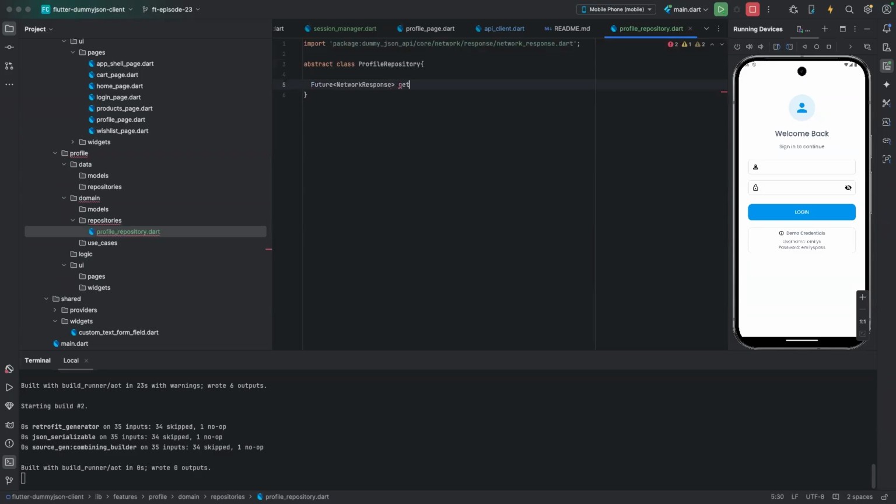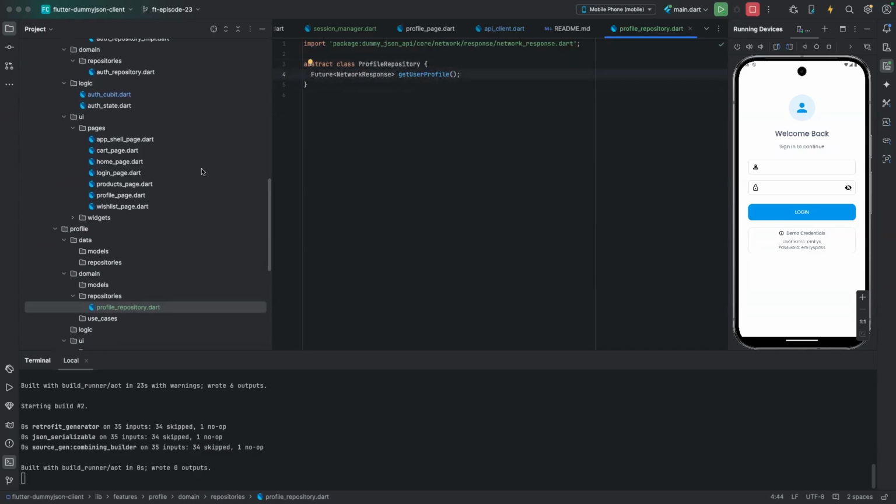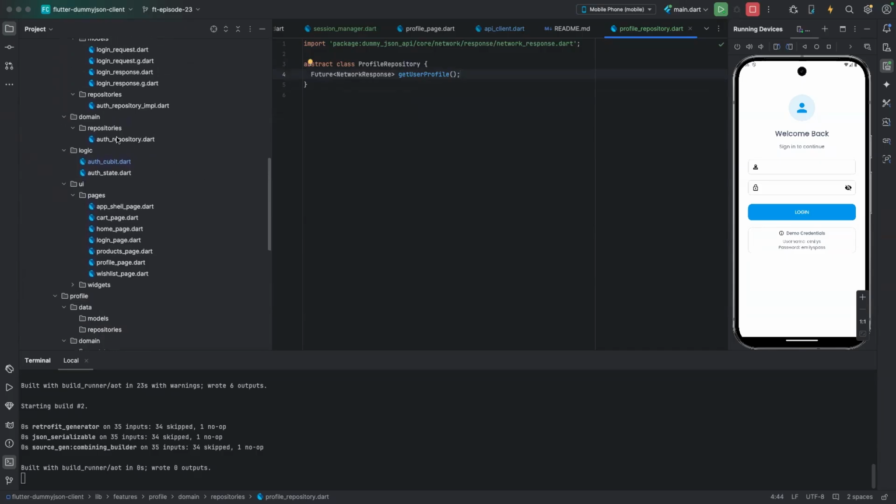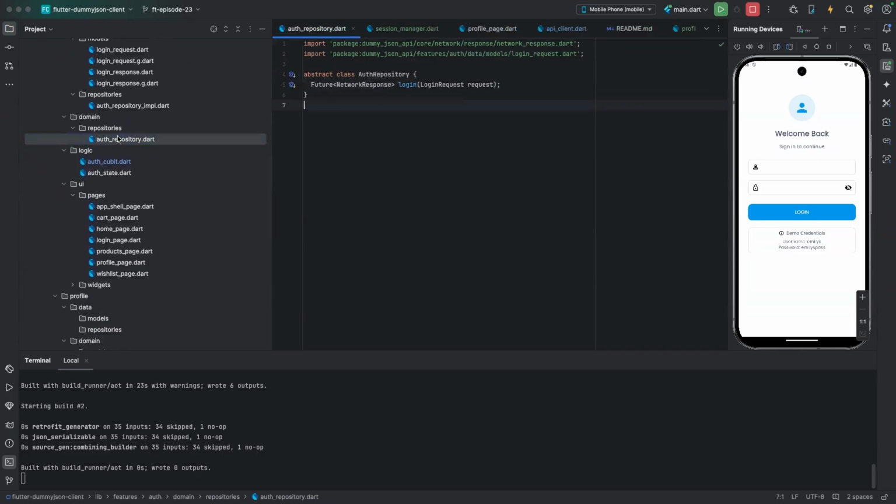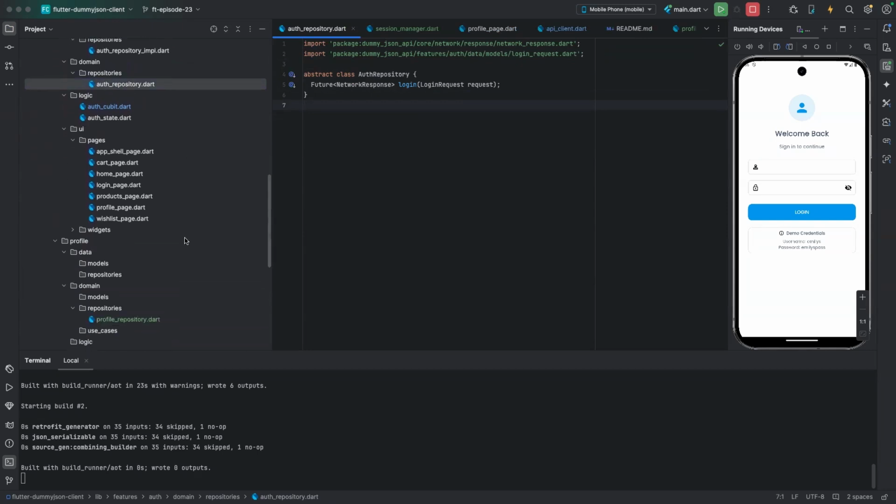So get profile, get user profile. All right. You can refer to the auth. Yes. So we now create